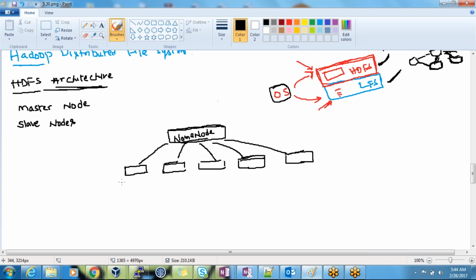These slave type of machines we will call data nodes. These two types of machines are connected to each other, and they will be communicating through the network using the RPC protocol, Remote Procedure Call. And your slave machines will be talking to the name node